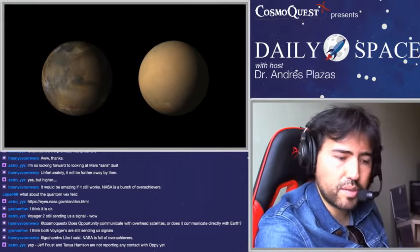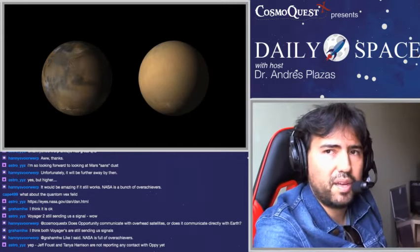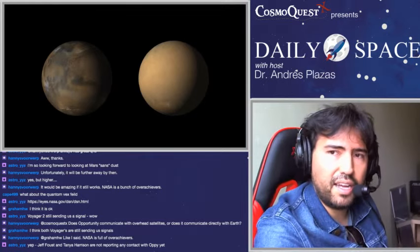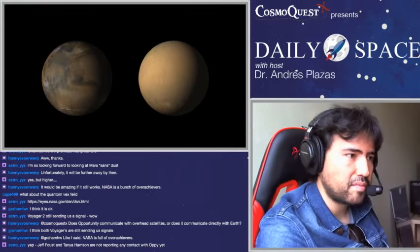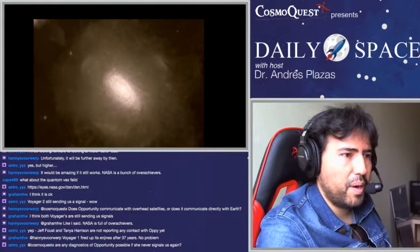There are certain reasons to be optimistic about what to expect, but at the same time, of course, engineers and scientists are prepared to take action to try to recover the functionality of the rover as best as they can. And for the last story of the day, we're going to talk about